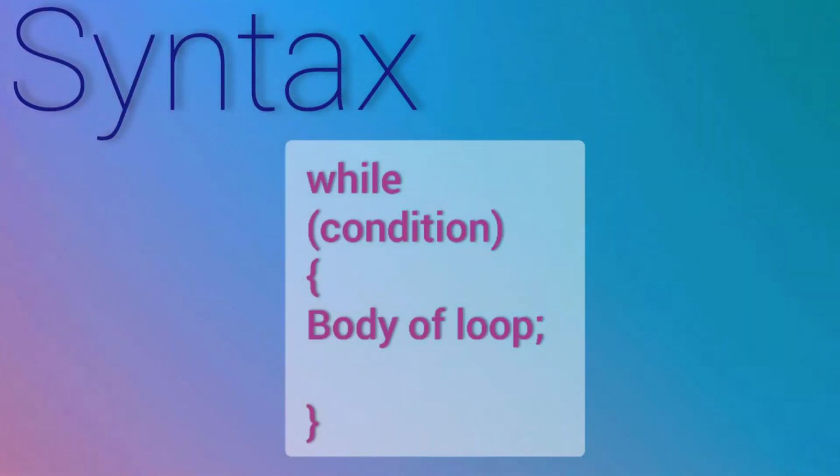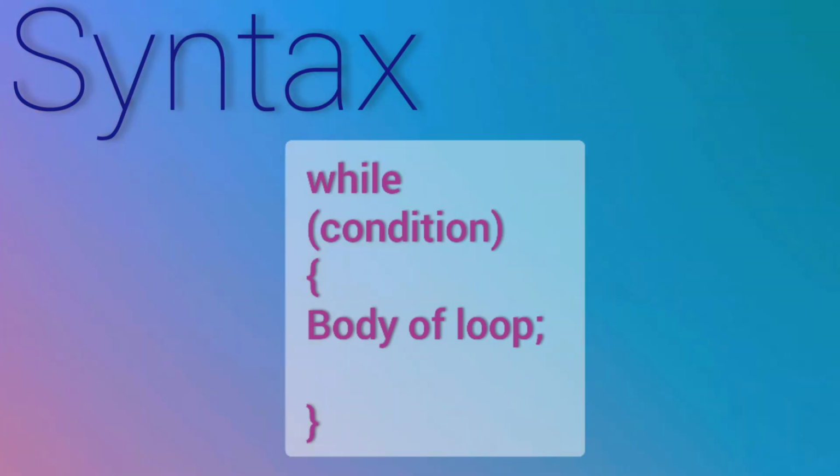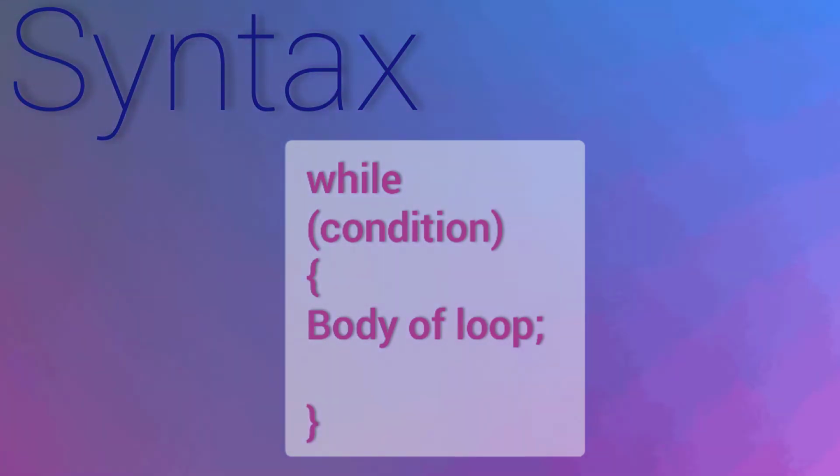Now you can see the syntax. As per the syntax, firstly we have to give the condition in the while loop. Next, using the curly braces, we put the body of the loop right there, and then the increment or decrement may take place in the body of the loop or may not. Here the curly braces end, and this is the while loop syntax.